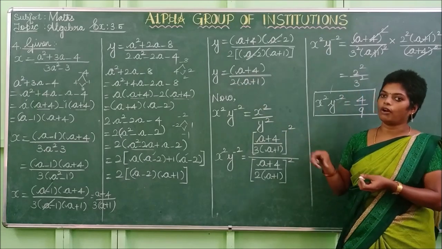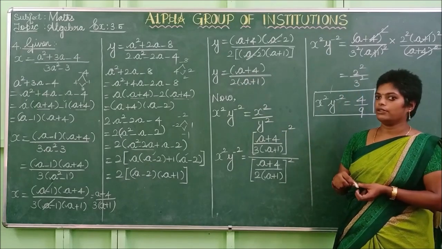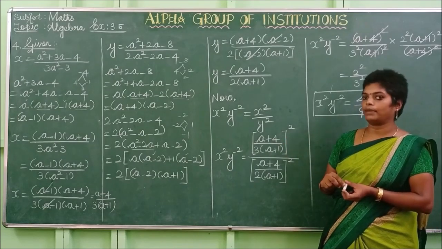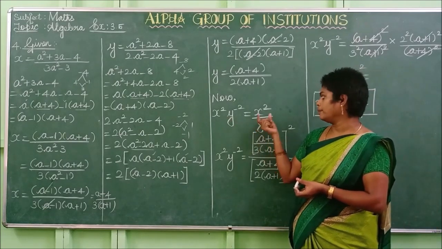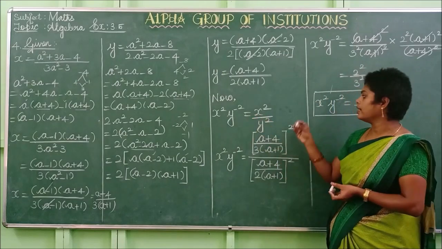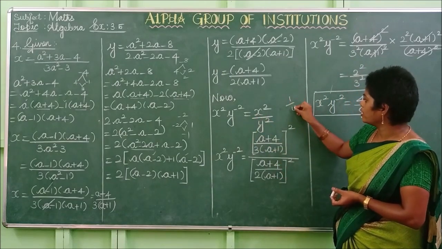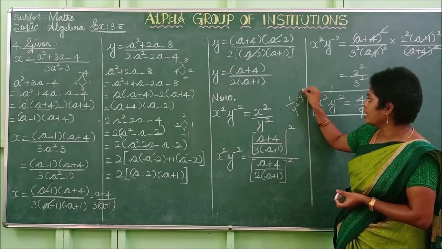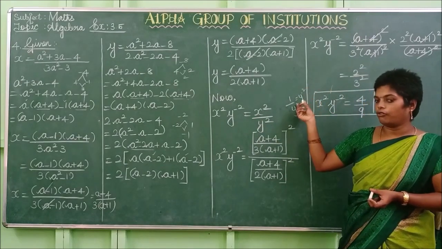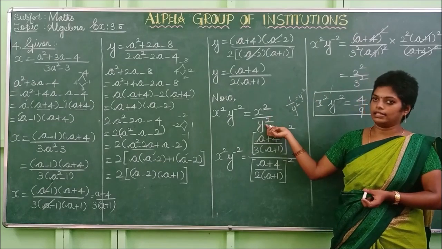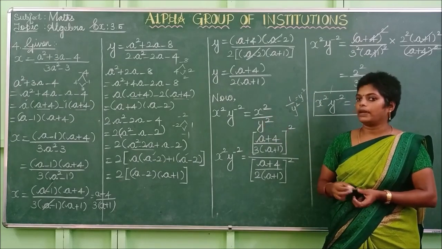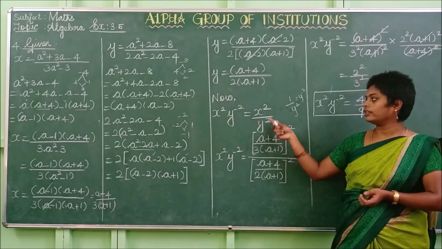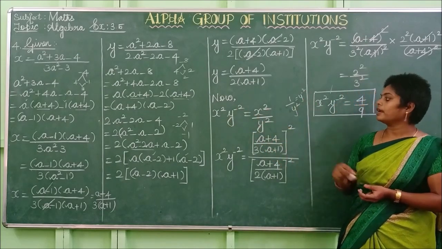So now you have the x and y values. How do we find the value of x squared y power minus 2? That x squared can be written as it is. Y power minus 2 can be written as 1 by y squared, because if the denominator comes to the numerator, the power changes to negative. So further we rewrite it as x squared divided by y squared, which is nothing but y power minus 2, which is 1 by y squared.